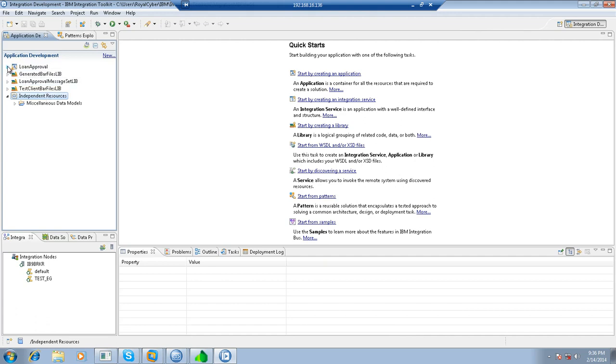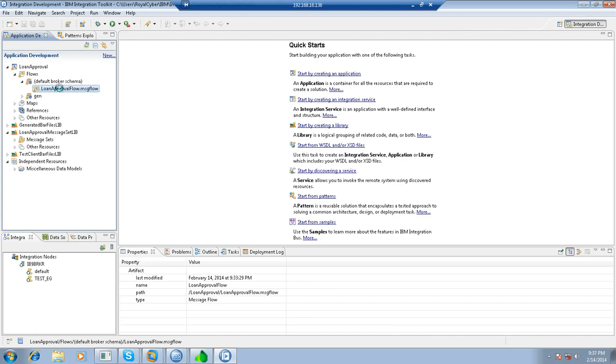Now as you can see here, loan approval application, this is the application where you can find the flow, and then you have the libraries, loan approval message set, where you can have the message set and the message definition, right? So the next step is to open the flow,